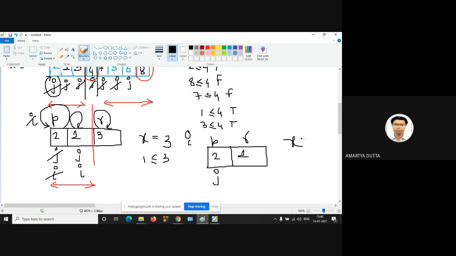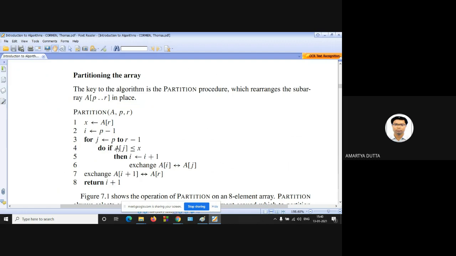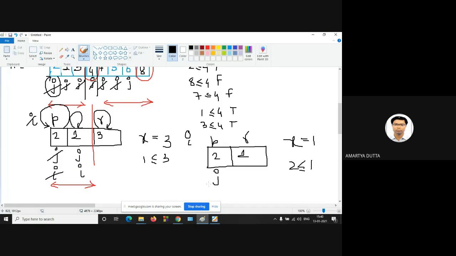Is 2 less than or equal to 1? A[j] less than or equal to 1 is false. So lines 5 and 6 will not be executed, and there will be only a single iteration because j runs up to r minus 1.